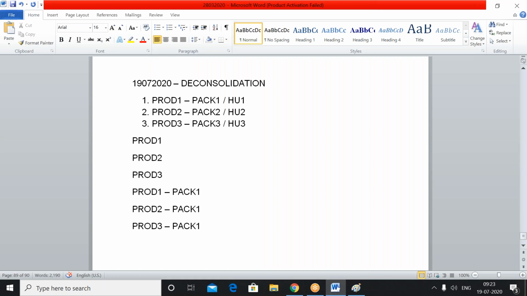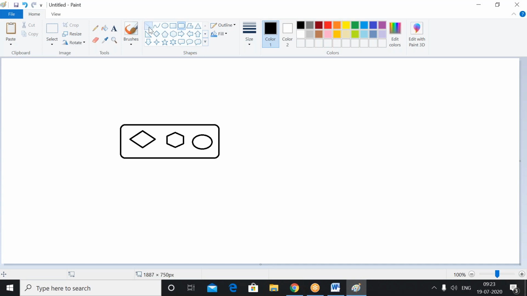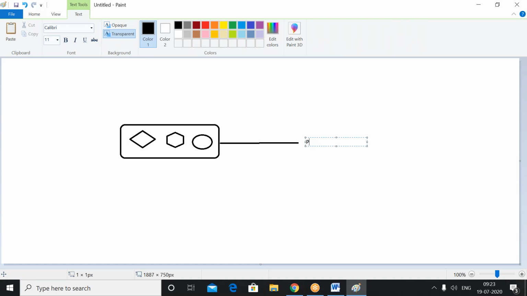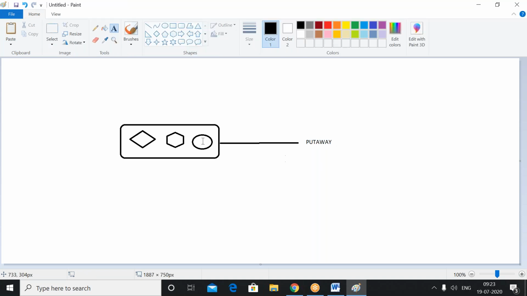Product 1, 2, 3. These 3 are maybe assigned to or maintained in the same storage type, and it is not required to segregate. Then the same pack you can do put away directly, without any issue. Okay, but